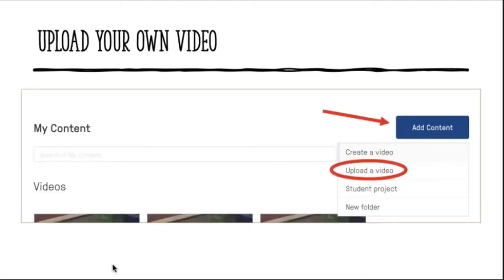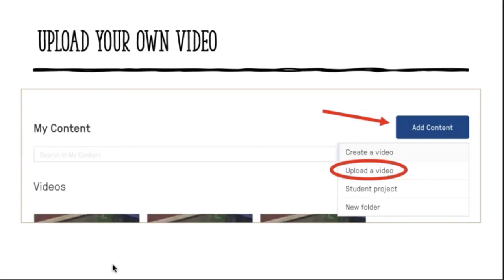And then another thing I want to talk about is uploading your own video. So a lot of us use Loom videos and Screencast-O-Matic and whatnot, made our own content, which is fabulous. And especially if you took the time to make your own content, you really want to know that they watched it, right? That was a point of frustration this spring.